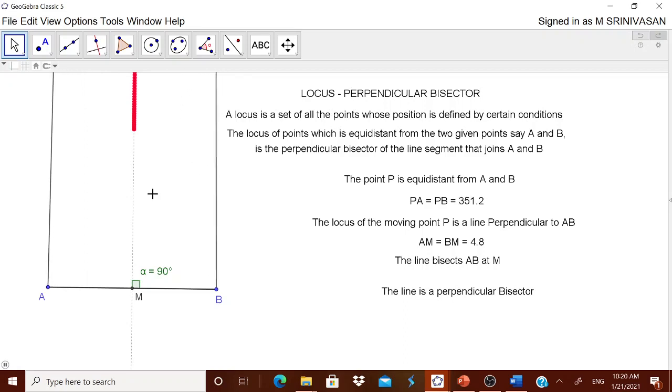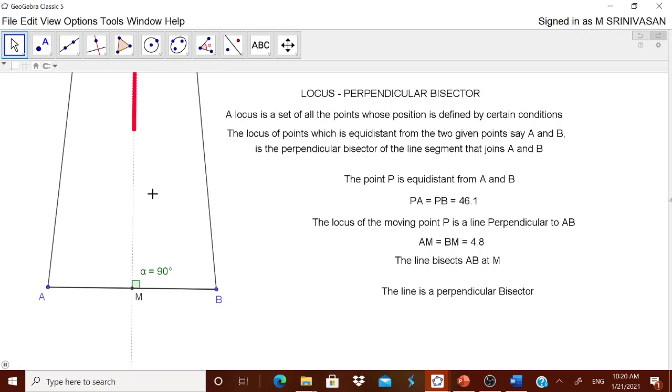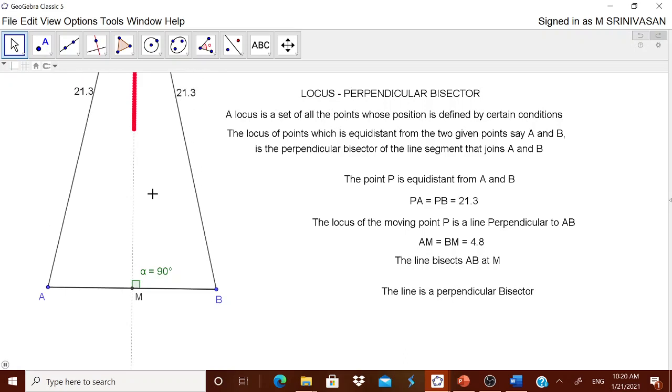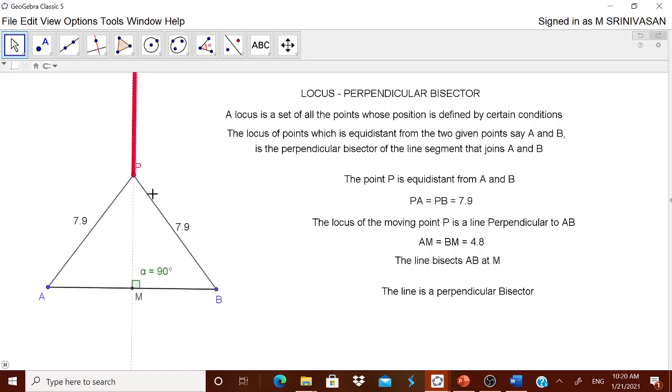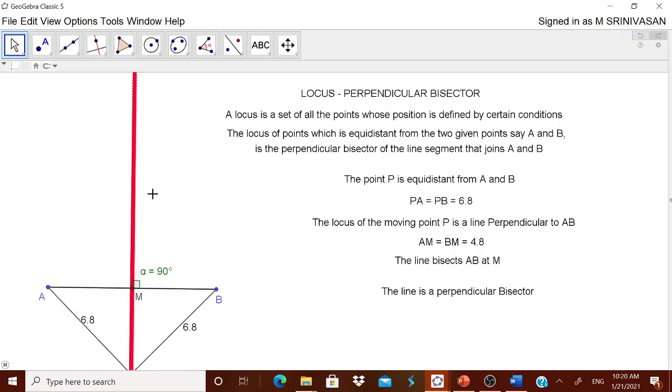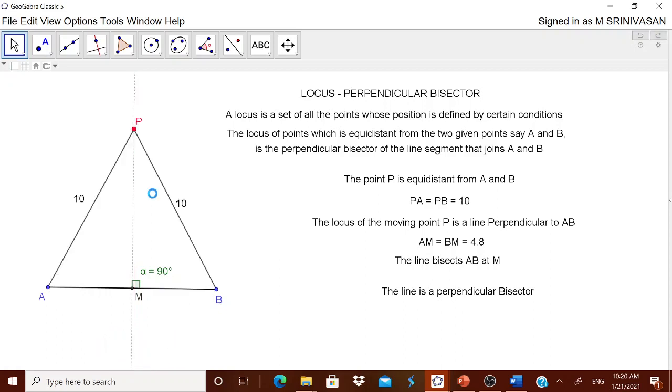Now one way is that you can move it from top to bottom and show it to the children. Otherwise you can show it like this also. You see, it comes very slowly, and it exactly tells them that it is the angle bisector. Not only that, the child can understand that the distance is always the same: 4.8, 4.8, 5, 5.8, 5.3, like that. It is highly interesting. Therefore, this is a very interesting dynamic worksheet where you can show them the locus of the point which is defined as per the given condition: equidistant from two fixed points.